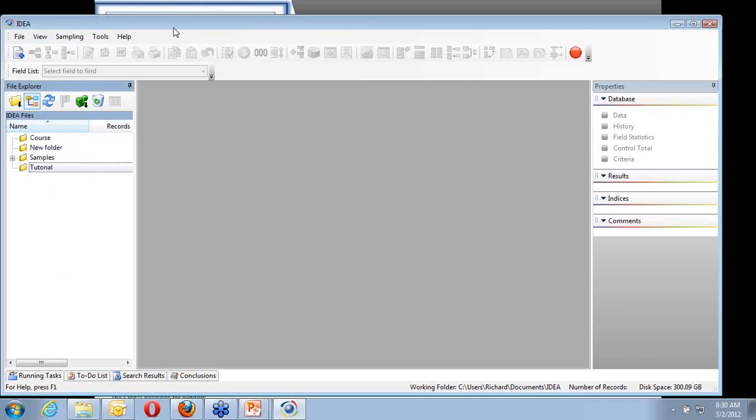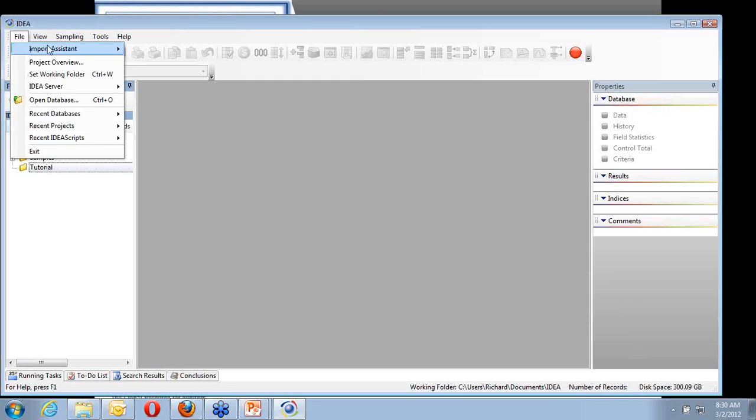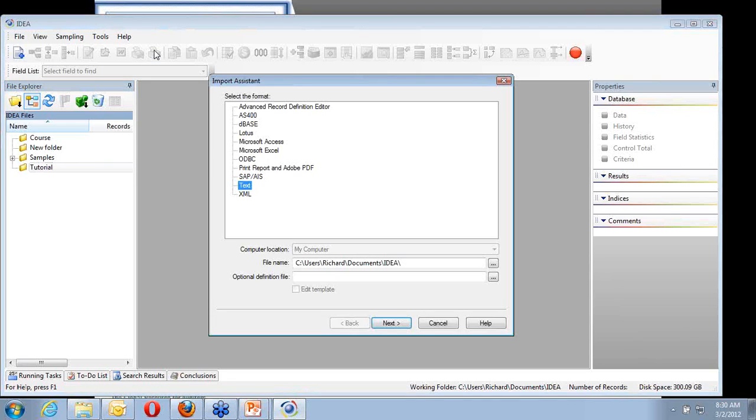So let's go and bring in a file. So we'll go up to our File, and we'll go to Import Assistant. The first one that you've got to choose from, and then Import to IDEA. Now when you're importing to IDEA, you've got a whole pile of different things that you can import. You can import from an AS400, from DBase, from Lotus, Access, Excel,